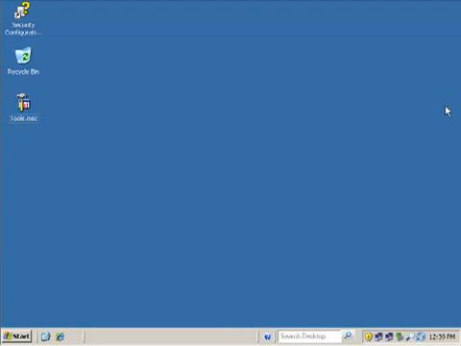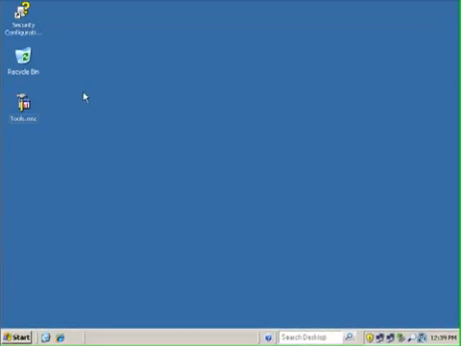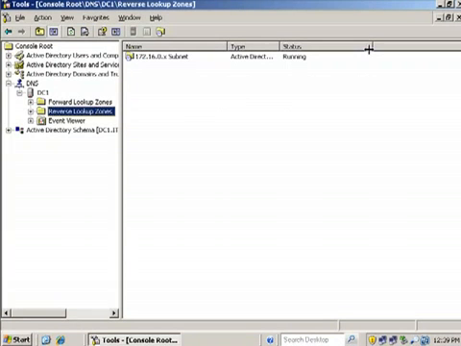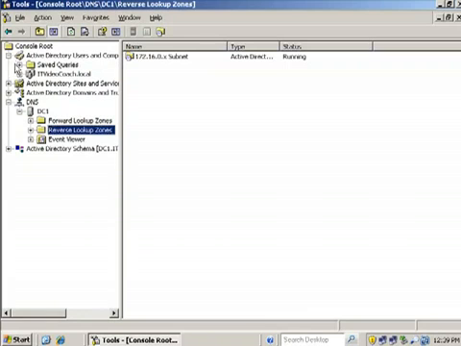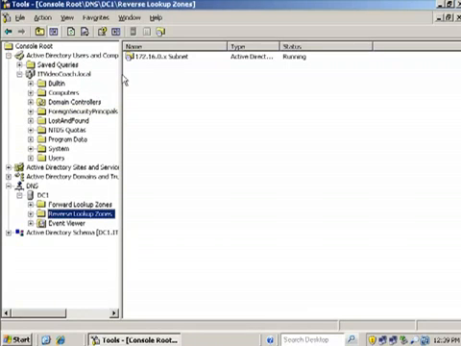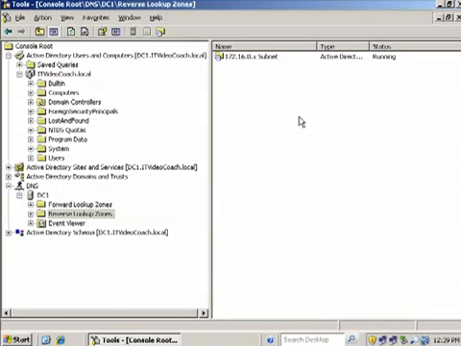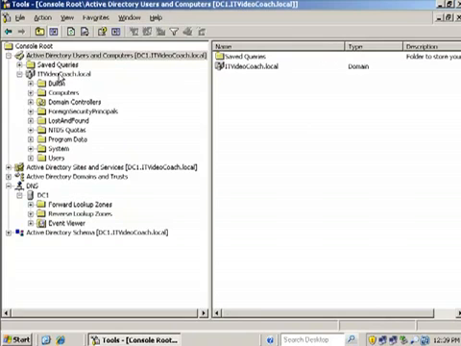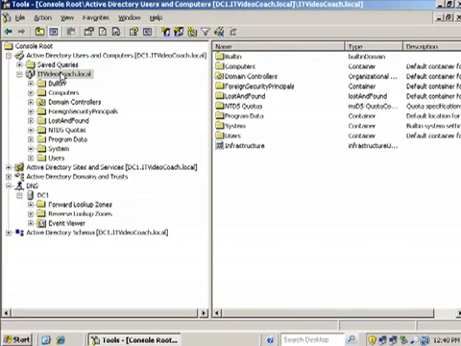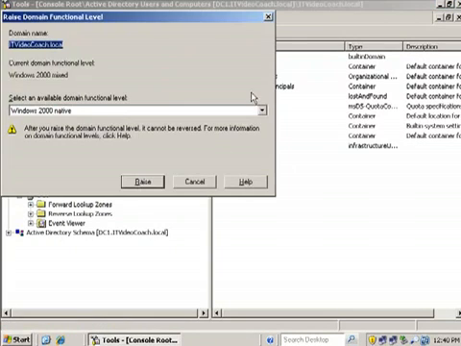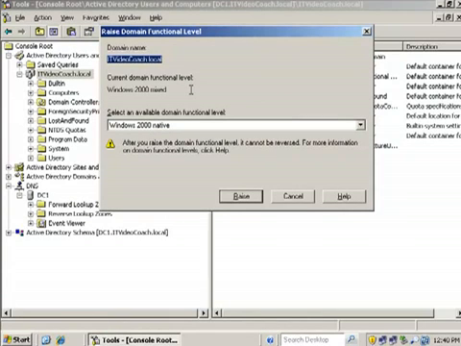Okay, so let's take a look at how to raise the domain functional level. Some basics on domain functional level. Whenever you install an Active Directory domain, by default, your domain functional level is going to be at mixed. So to determine your domain functional level, you just right-click on itvideocoach.local. This would be your domain inside Active Directory Users and Computers. Just right-click and go to Raise Domain Functional Level. And you can see here that the current domain functional level is mixed and that we want to raise it